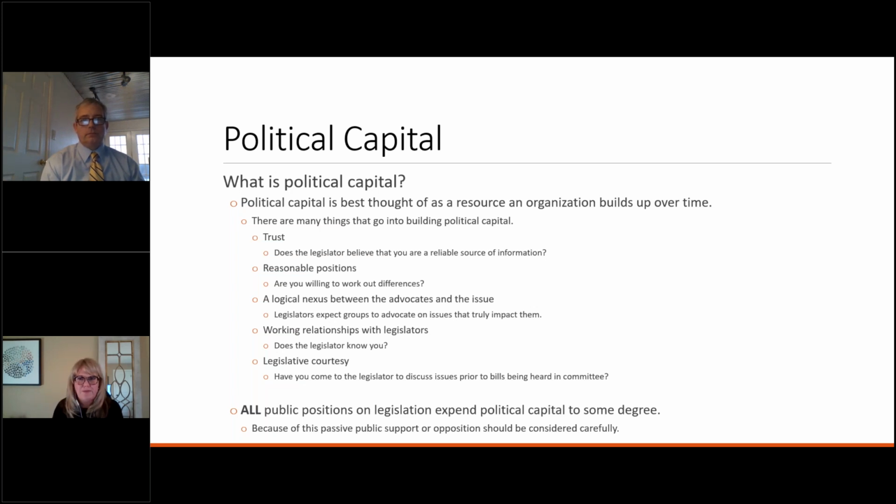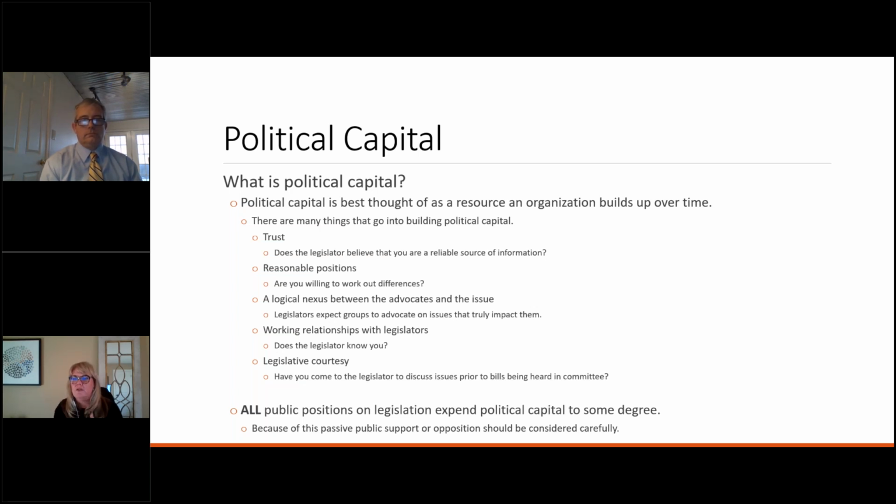For example, the foreign adversary bill that we had to deal with last year completely slid under our radar and had some terrible unintended consequences. We had to work very hard in a very short period of time after the bill had already passed. We had to expend a tremendous amount of our political capital as an association to work out that problem, so that we weren't left with a terrible law that would have impacted the ability of a lot of us to do our jobs adequately.